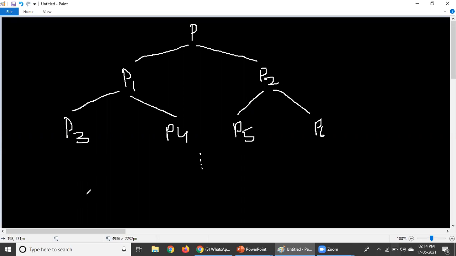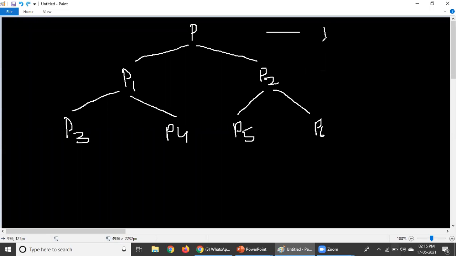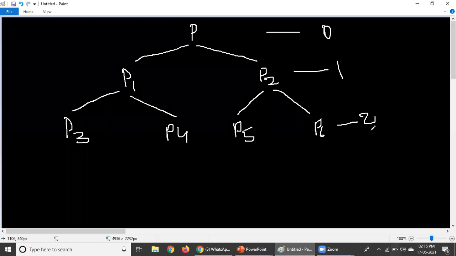So this particular problem will be taken in terms of 2 power k times. After getting this, k will be equal to 0, this is k equal to 1, k equal to 2. So k equal to 0 means the original problem, k equal to 1 means two subproblems, and k equal to 2 means 2 power 2, that is 4 subproblems, something like that.